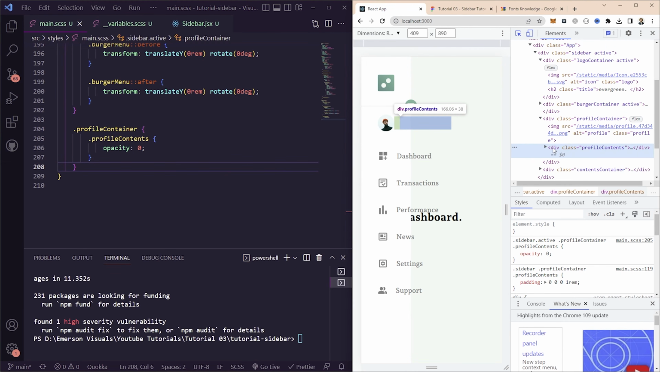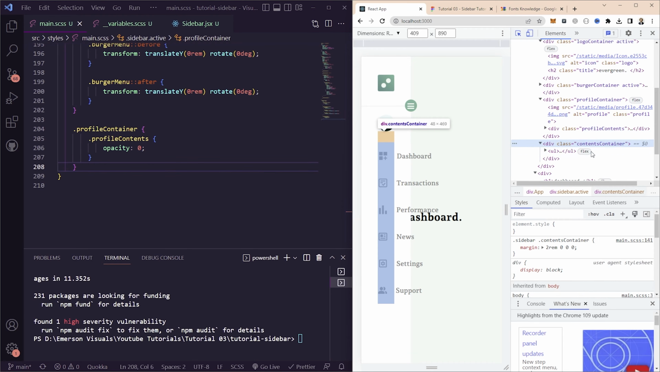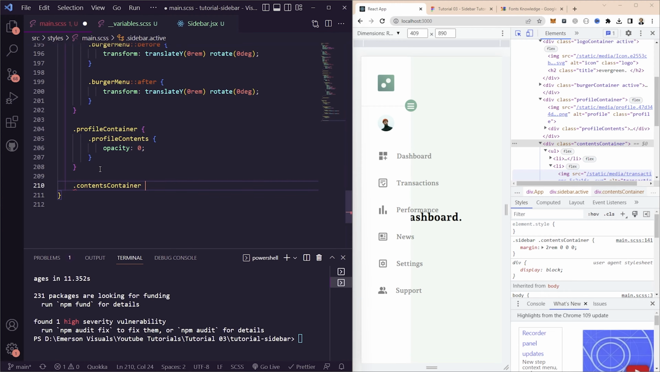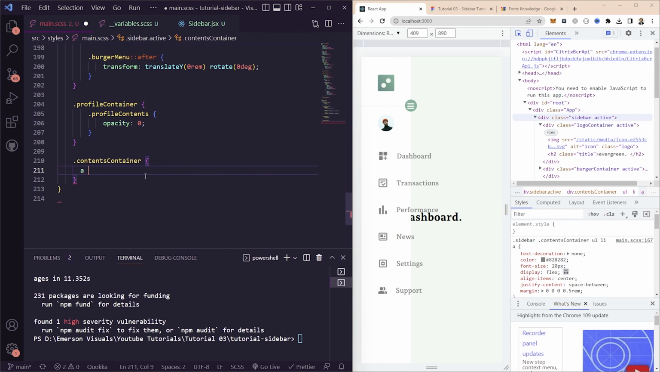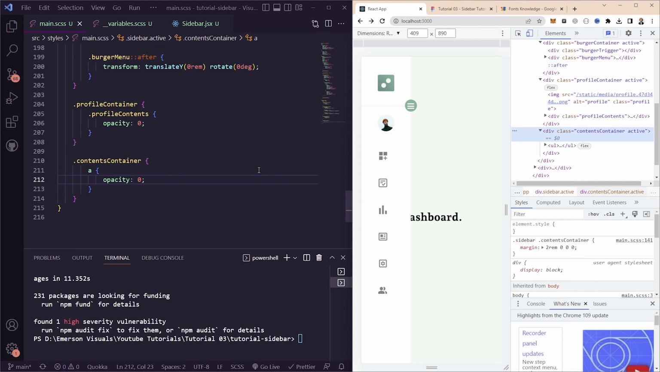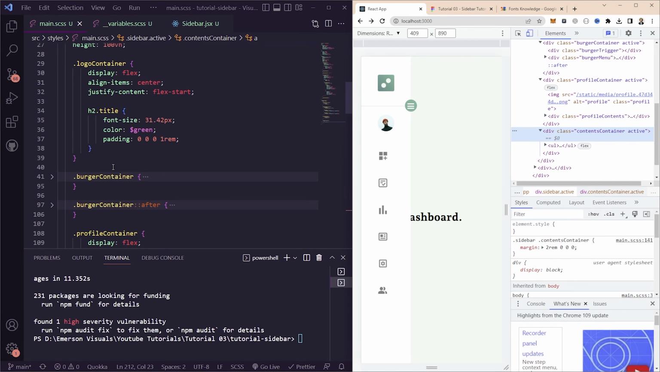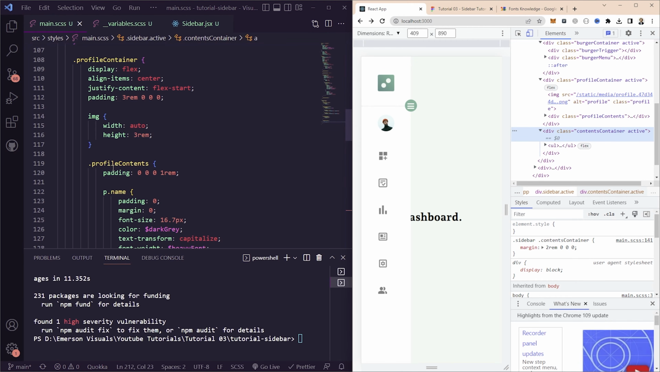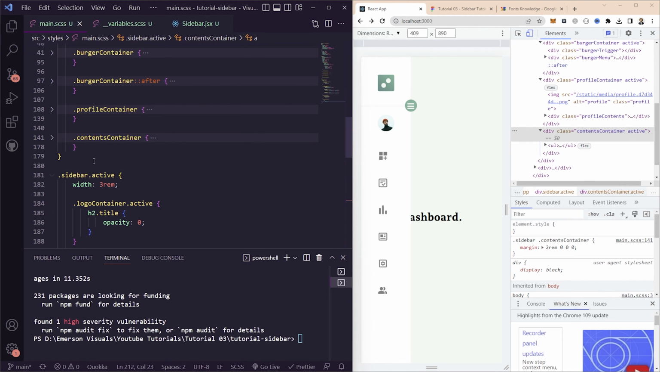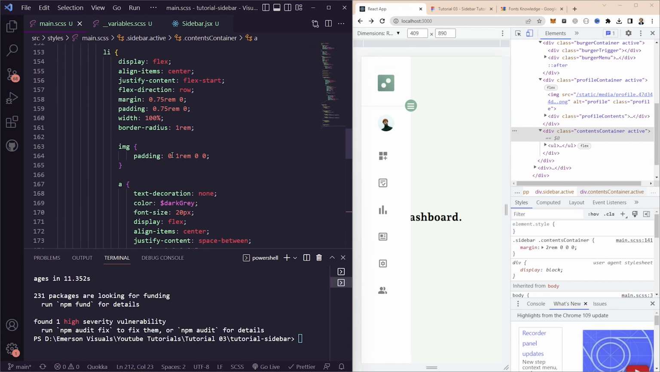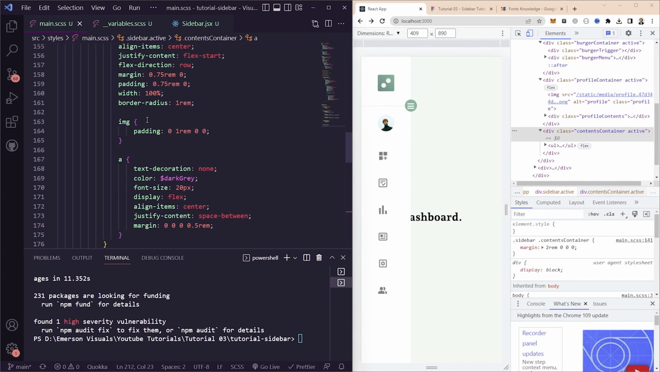Cool. So once you've done the profile contents, the next thing is the actual contents container itself. So we'll just go contents container. Opacity of 0. All right, cool. That's starting to look good. Another thing I've noticed is that the icons here aren't lined up with this. So I'm going to quickly fix that. So if we go back into, let's have a look. So we go back into the contents container, and then if we scroll down to our image here,